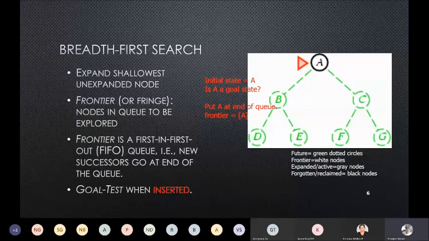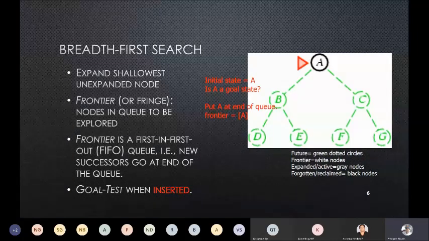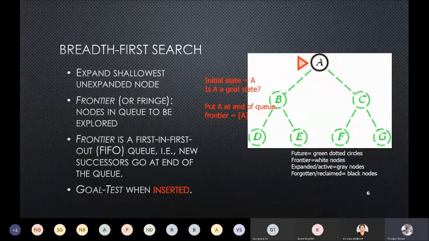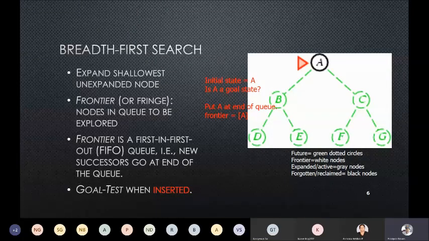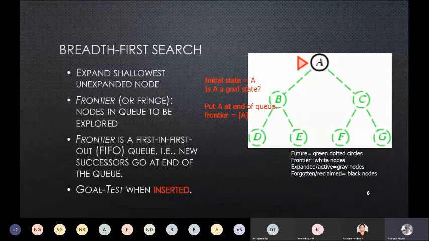Now I am on the slide with the heading breadth first search. In the next few slides, we will use this tree. You can see A, B, C, D, E, F, G. Where is this tree coming from? This tree is one example of a state space, or a visual representation of it. Here these circles represent states, and the dotted lines indicate operators, that is, moving from one state to another. Why is this drawn like this? Because many of these algorithms are easier to explain with a tree structure.